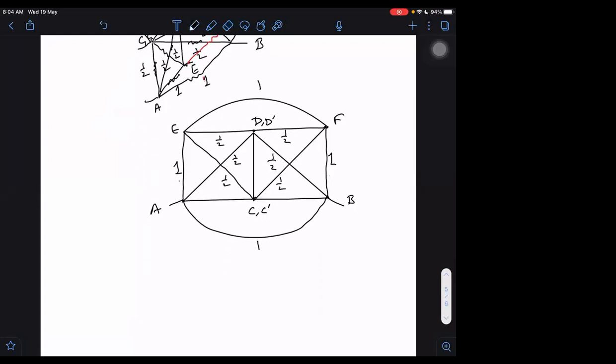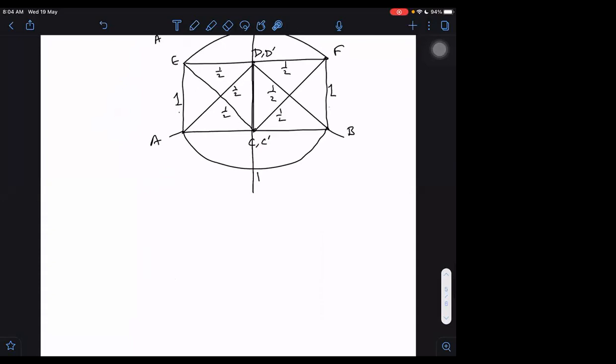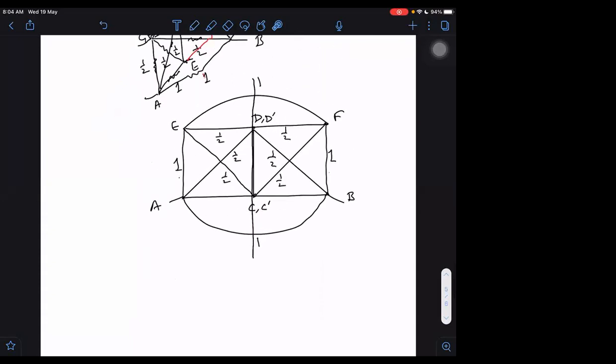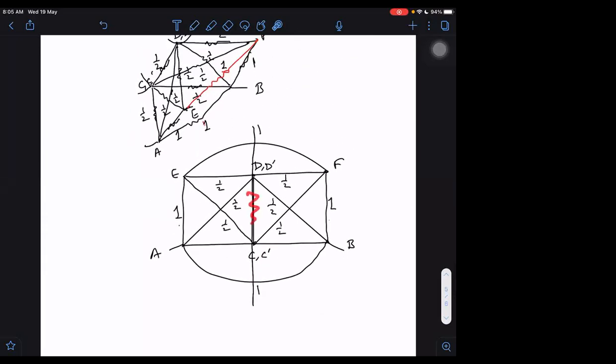Anyway, now tell me what to do for this again. Is there any symmetry now? I think there is still symmetry. So I can take one mirror again here, then I can say that D dash and C dash are at same potential. If they are at same potential, then we can cut the circuit. Is there anything between them that we can remove? One half, and we can join these two together.